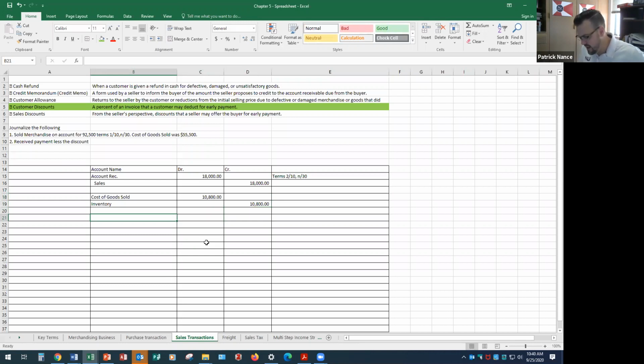If they do take the discount when we actually get paid, then we would record the fact that they took that discount. Now, there's two methods to do this, and the book has a preferred method. If I'm offering a discount, the way that the book usually does it, and the way that I would say most firms do it, if they make the assumption that most of their customers take discounts, this is the method that we would use,